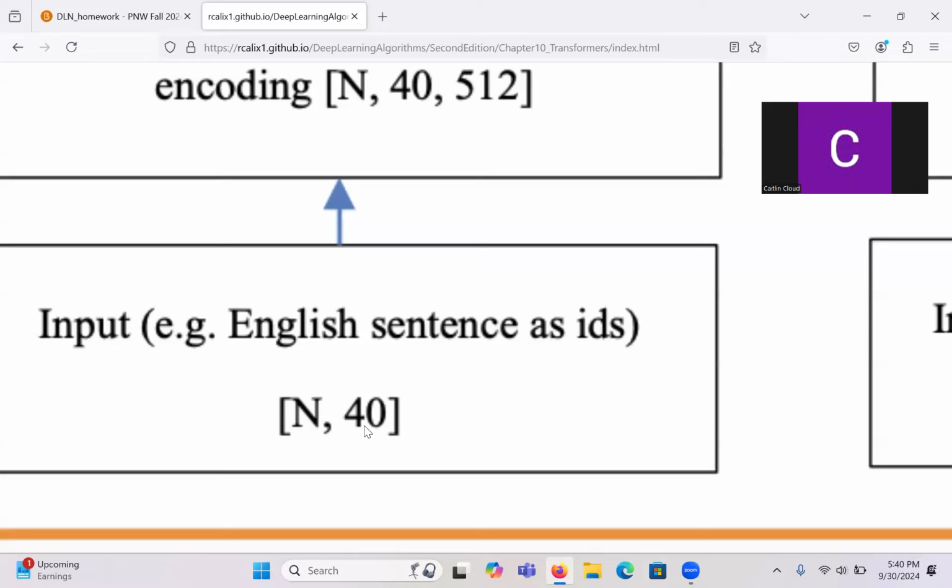But once you pick a number like 40, which is big enough, most of the sentences are going to be less than 40. If they are less than 40, then basically you just pad it. That means at the end, you put zeros, and then you'll have something called masking, which will come into play later on and is critical, used to mark that these are not tokens that we care about. Does that make sense? If a sentence goes over 40, you truncate it and you lose that information. It doesn't matter. Okay? So that's basically the idea.